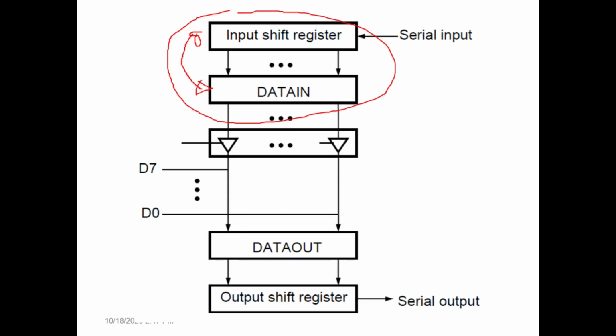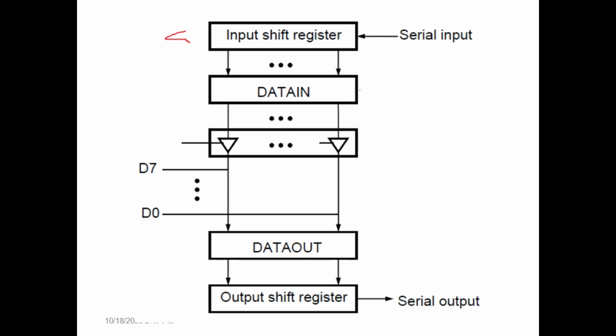Now the processor starts reading this data in buffer, but in parallel the input shift register starts collecting new bits from the input device. So there you can see the concept of double buffering. What is the concept of double buffering?